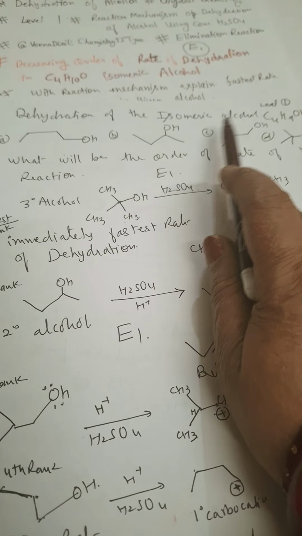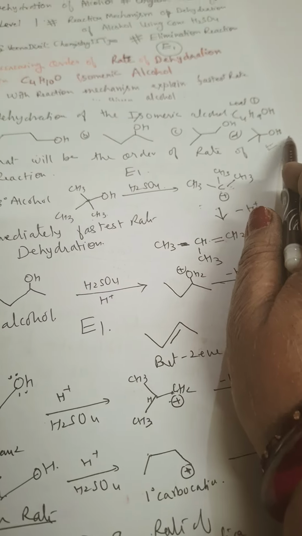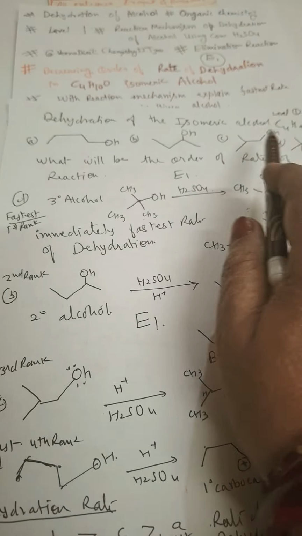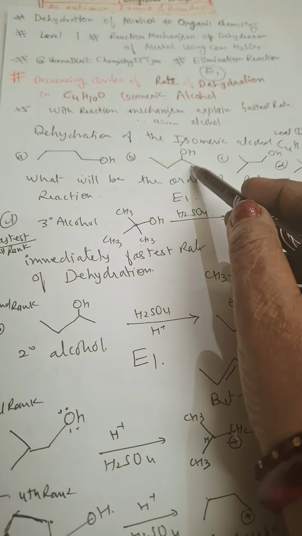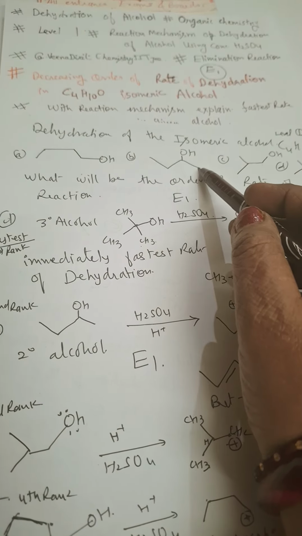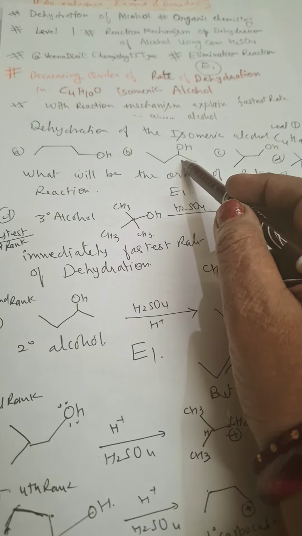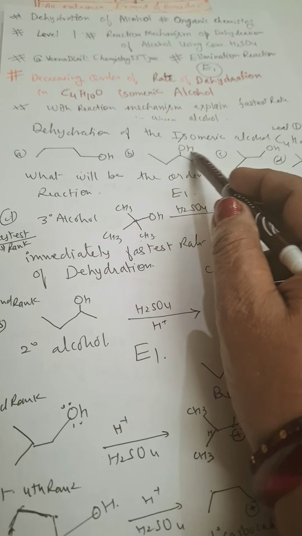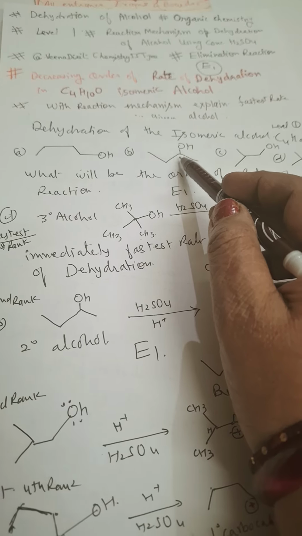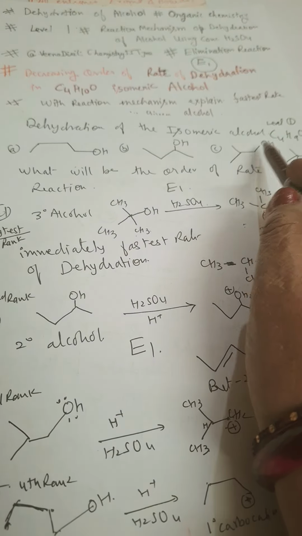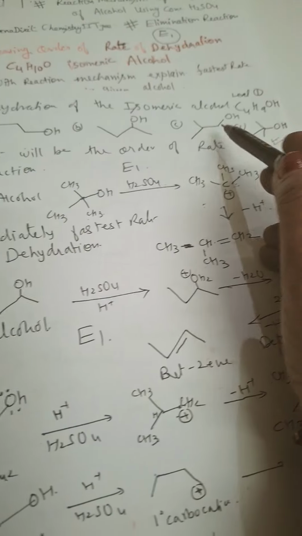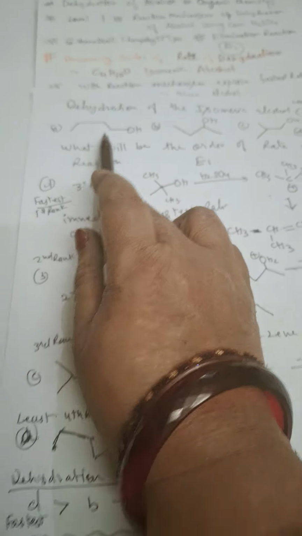So this tert-butyl alcohol gives you a tertiary carbocation, which is more stable, so fastest rate of dehydration, easily cleaved. We will discuss that, and then followed by this 2 degree alcohol, which gives a 2 degree carbocation after the cleavage of OH. By protonation, OH will be cleaved. So this 2 degree carbocation is more stable than a 1 degree carbocation. So B will come after that, and followed by isobutyl alcohol, and then lastly this has the least rate of dehydration.